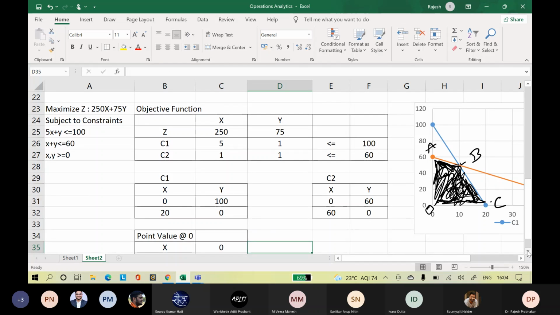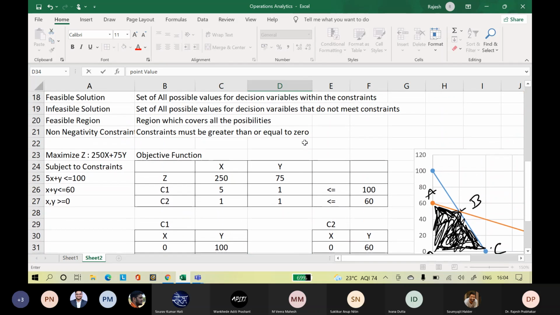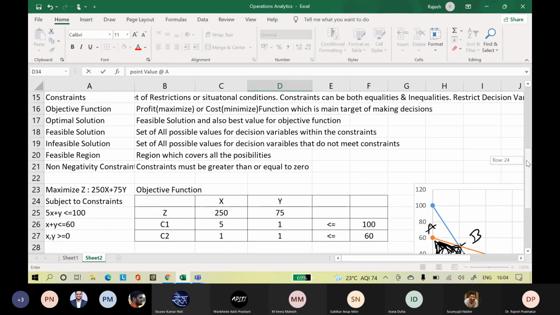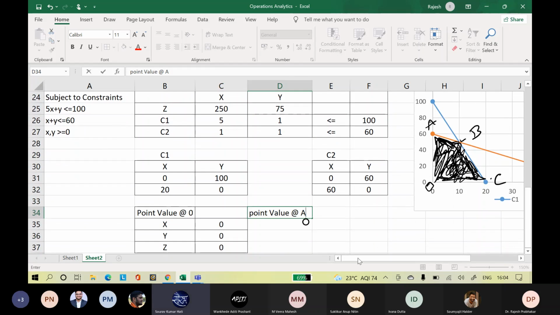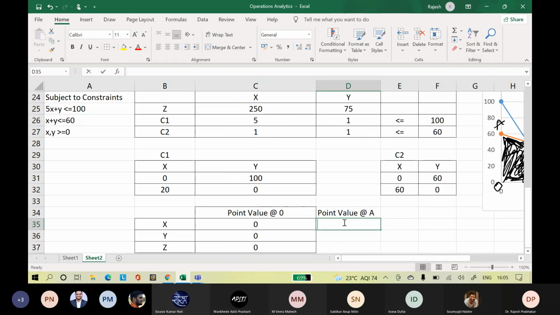Now at point A. What is the X value? 0. X is 0.